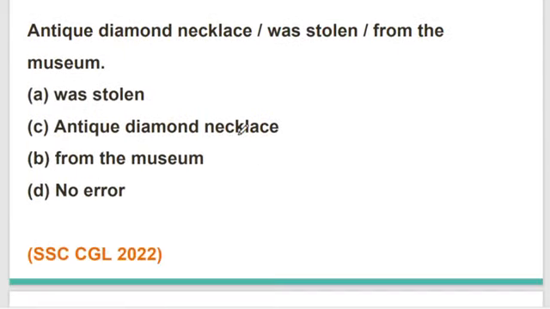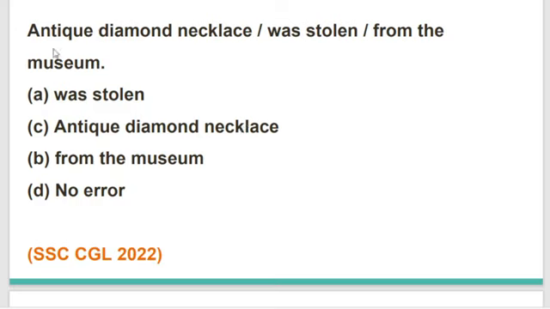Antique diamond necklace was stolen from the museum. SSC CGL 2022 has given us this question. Very easy and very short, like it takes a very short time for us to find out the error in